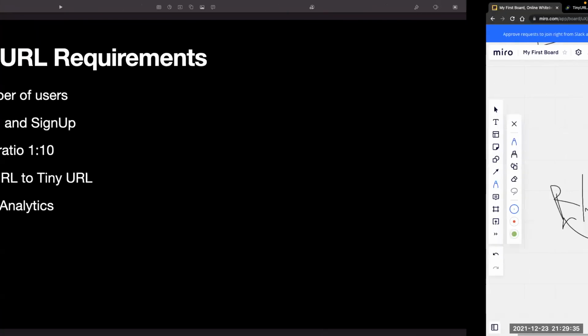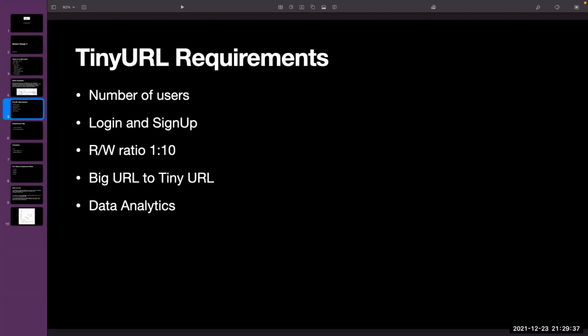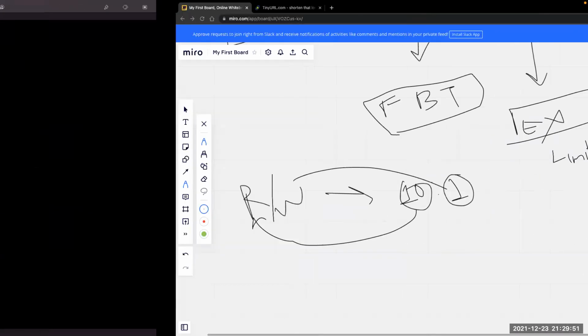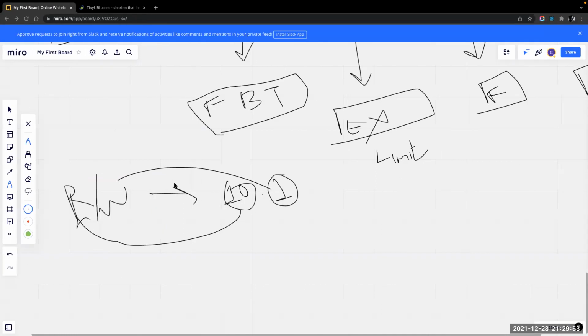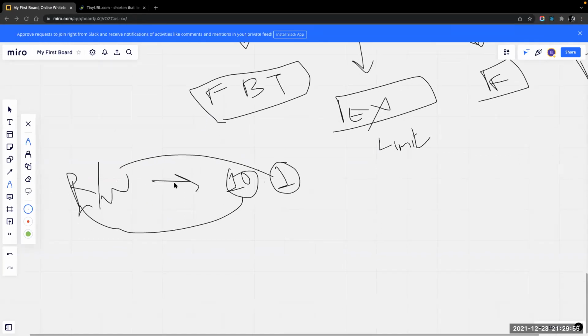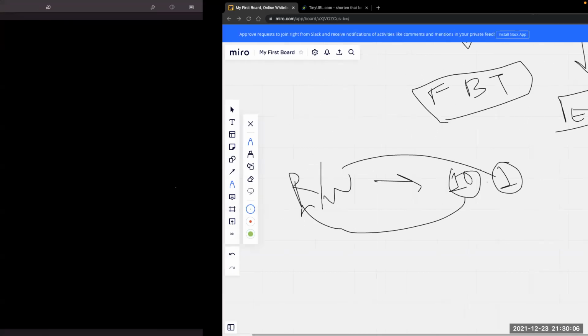Then I will think about what my main requirement is. Does somebody have a doubt? Sir, with that tiny URL, we can find the original URL, sir. We can find the original URL, there is nothing wrong in that, but this is a small requirement. But how can we find it, sir? I will tell you how that works.